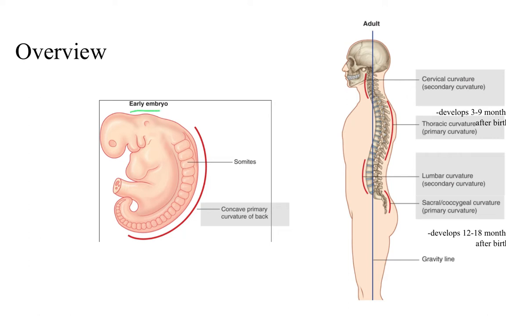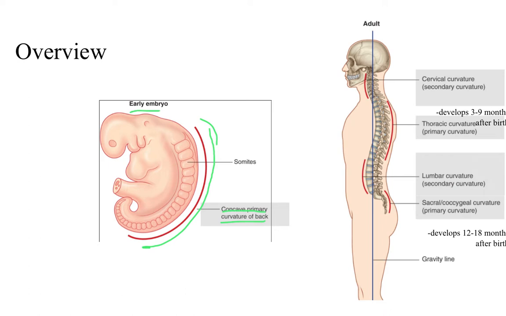And in the early embryo, we had this concave structure along the back where everything was curled. You know how they talk about fetal position. Everything was curled in this fetal position. And that was called the concave primary curvature of the back. But as we were born and we began to walk